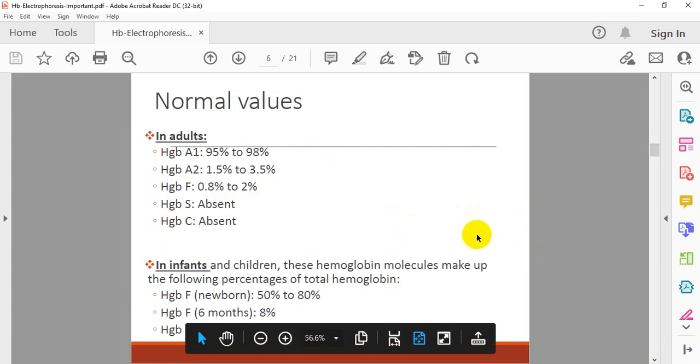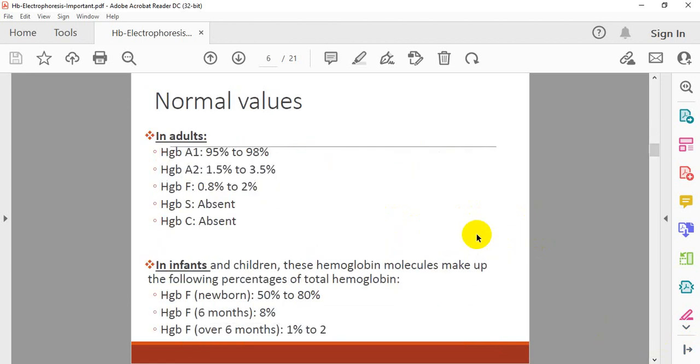Okay, so let's look at normal values in the laboratory. Hemoglobin A1 is supposed to be 95% to 98%. Hemoglobin A2 is supposed to be 1.5% to 3.5%. In a normal adult, you shouldn't have more than 2% of fetal hemoglobin, because you are not